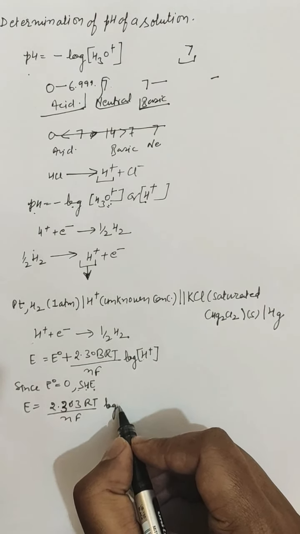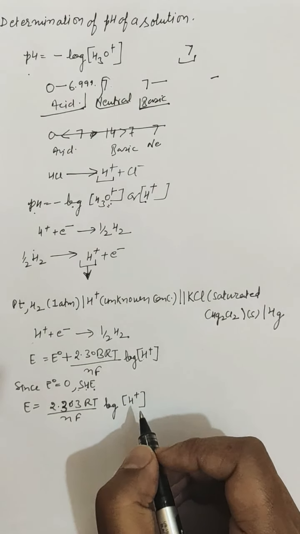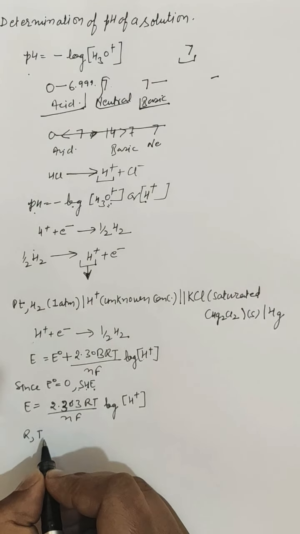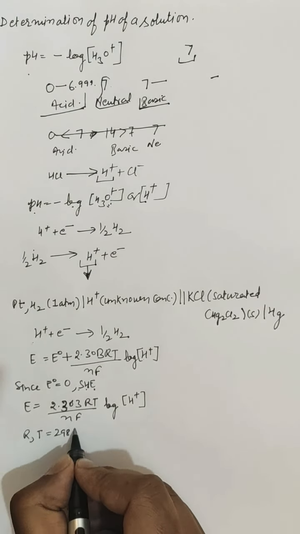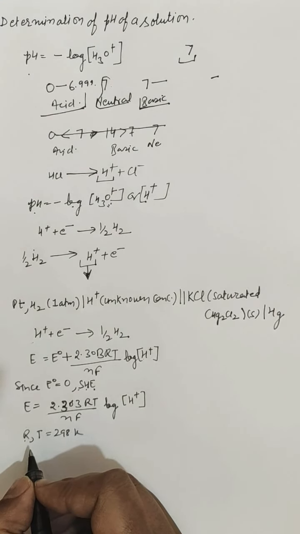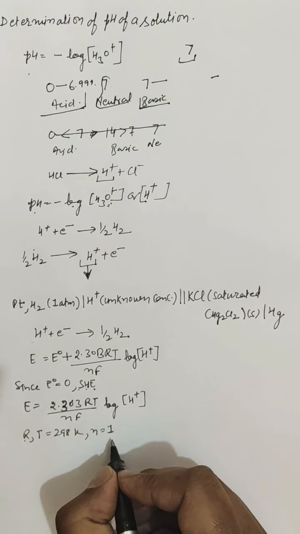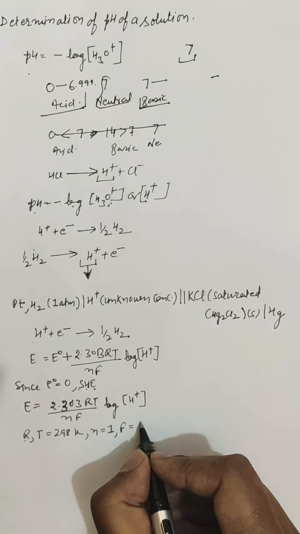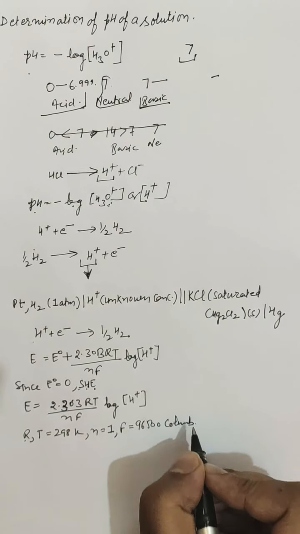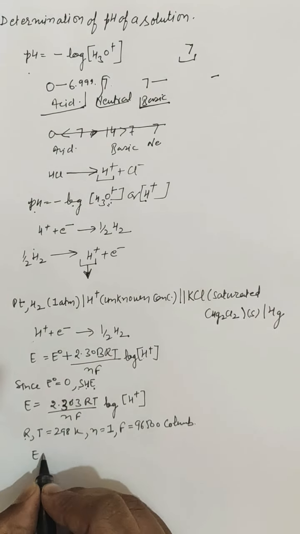So log of H positive. Substituting the values of R and T: the value of T is 298 Kelvin, the value of R is equal to 8.314 as it is the universal gas constant, and the value of N is equal to 1 as I told you, and further the value of Faraday is 96500 coulomb. Coulomb is the unit for the Faraday. The expression becomes E equal to